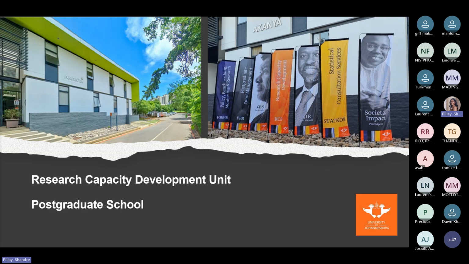If you are looking for group bookings, then you'd have to contact the RCD unit. If you are a staff member, you are allowed to book the PGS training room, also dependent on whether there is availability or space. For that, you will email Megan, who is part of the RCD team. We can type her email address in the chat box. Let me type RCD inquiries and then we'll redirect it to her.